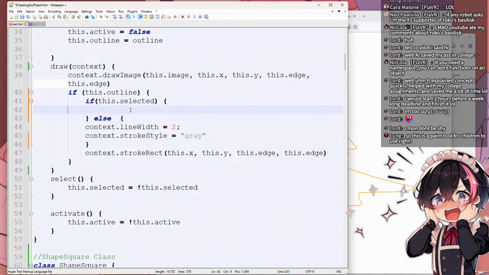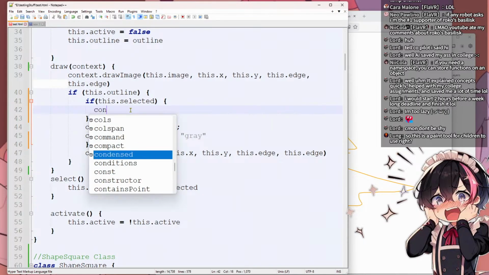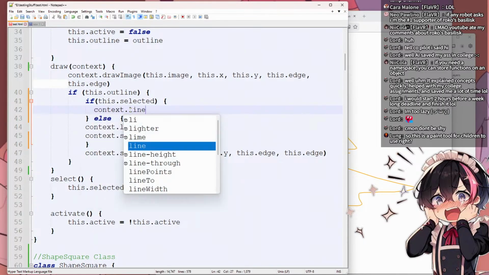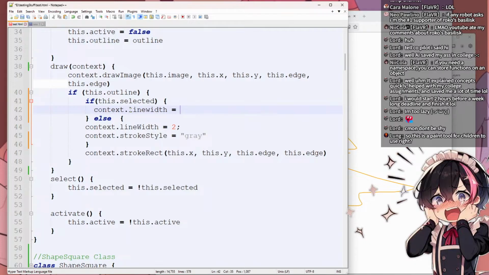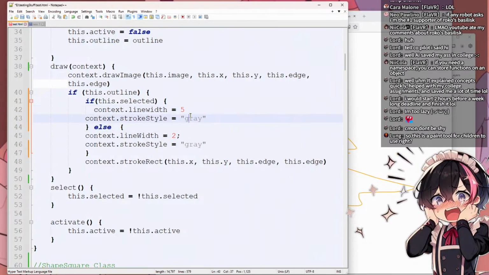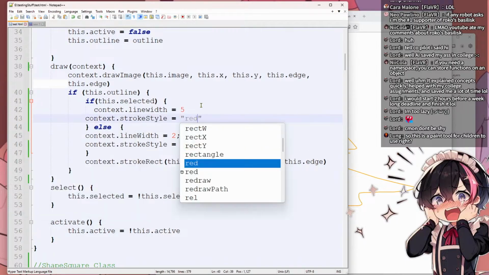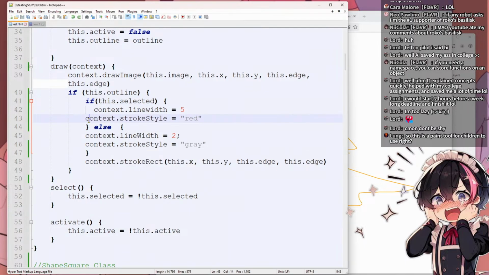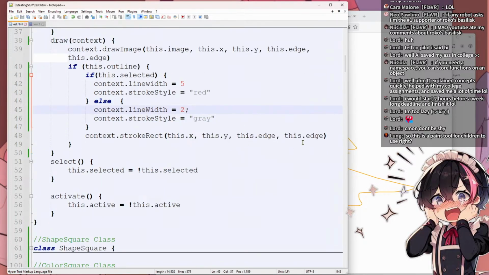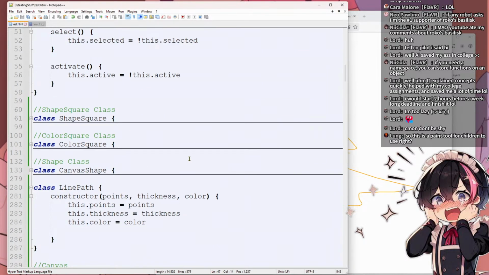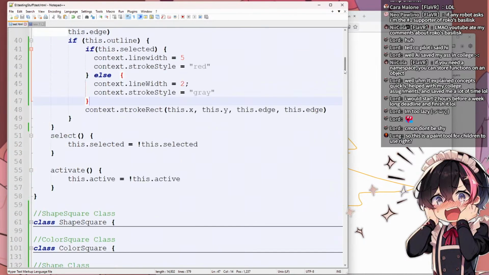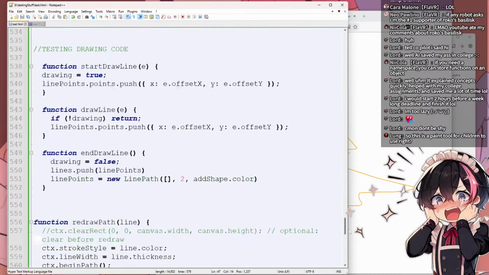There we go. And then we'll just do context line width equals 5. Stroke style is red. These are going to be third graders too, so I have to make it really easy to understand, right? That's kind of part of the interesting trouble here. And then